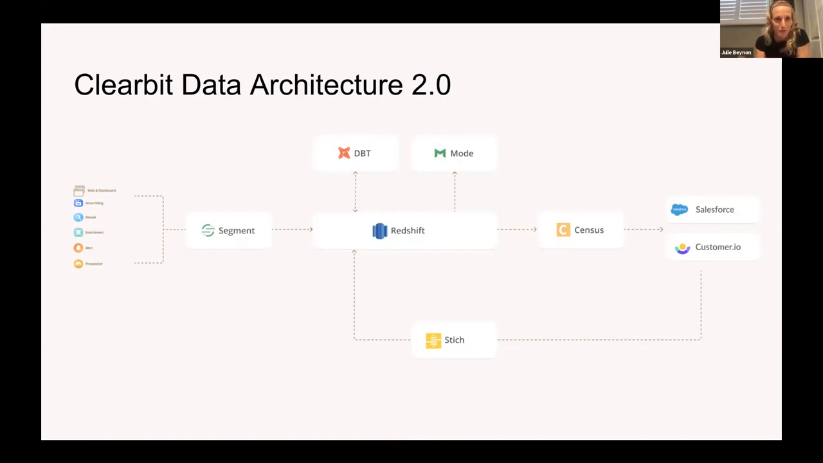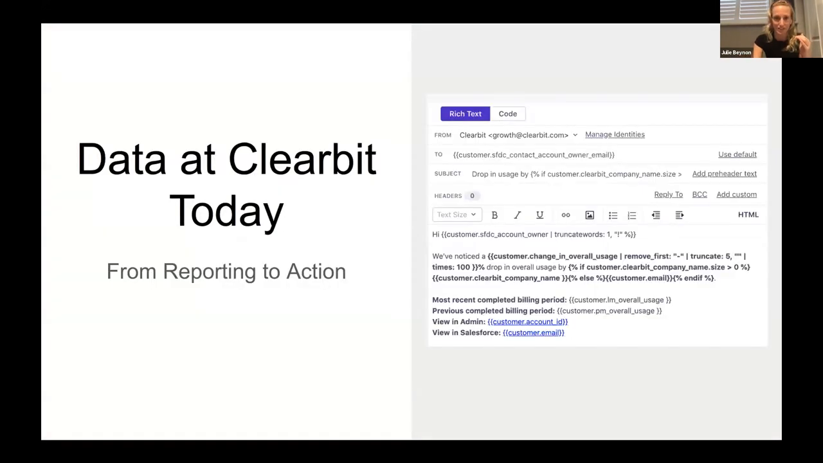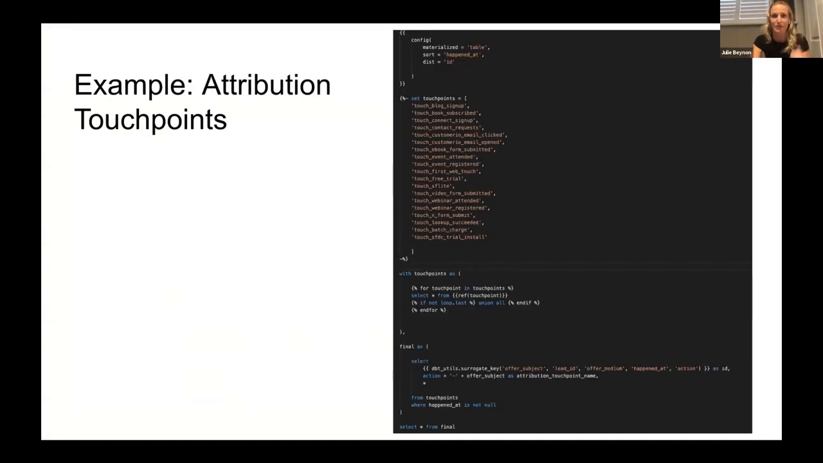And so we solved that with the DBT side, and we're able to bring in all of the different events. So we were able to build out this attribution model here, where we were able to take blog signups, book subscriptions, Connect signups, contact requests, everything that anyone had done. And we're able to use DBT to make individual models for each one of those, join them together, and create this massive attribution touchpoint model where we could tell John Smith, the first time he ever came to us was